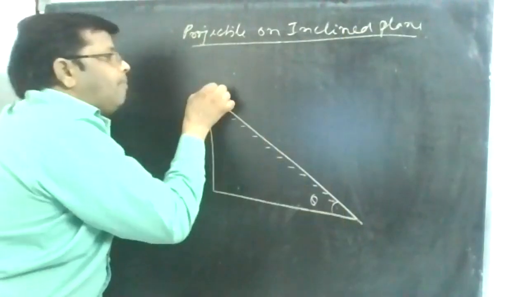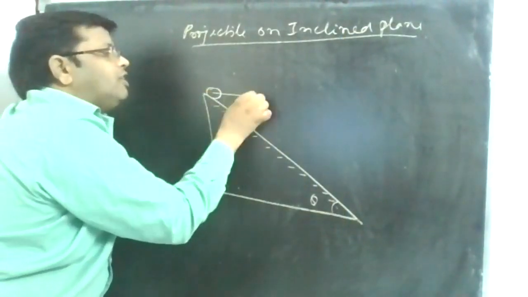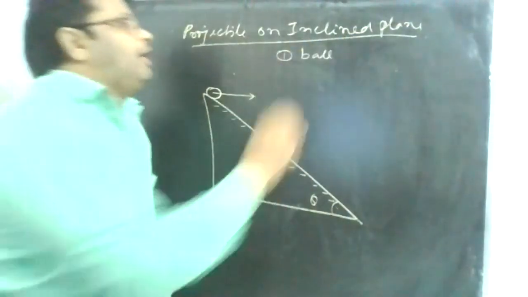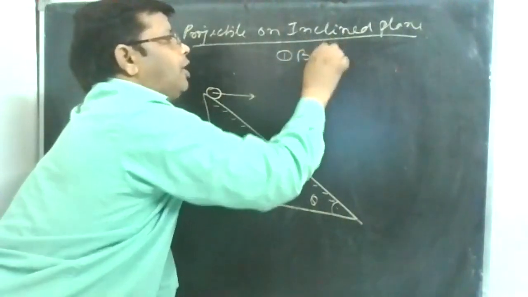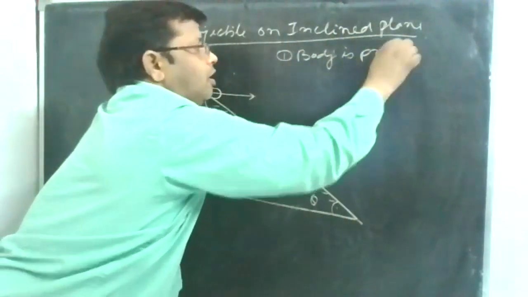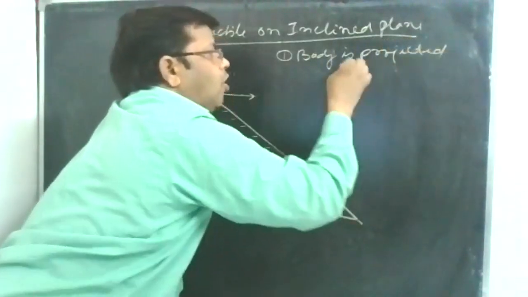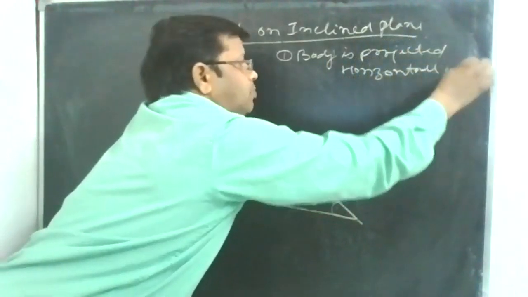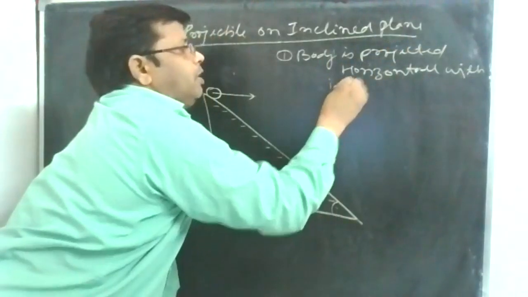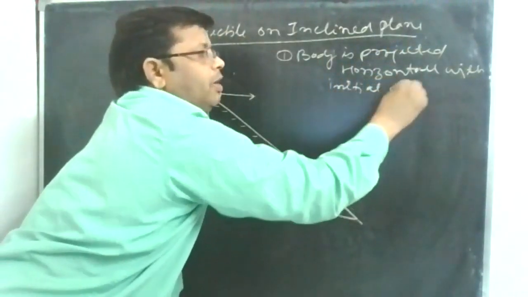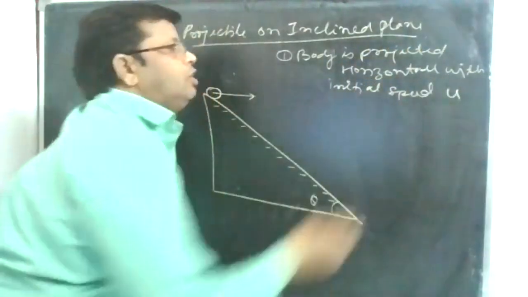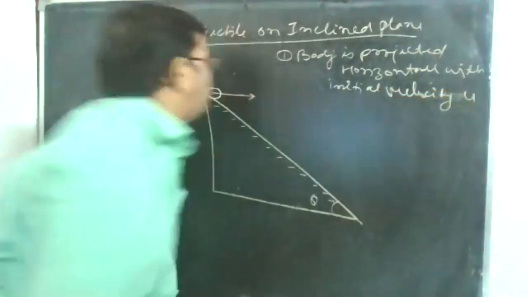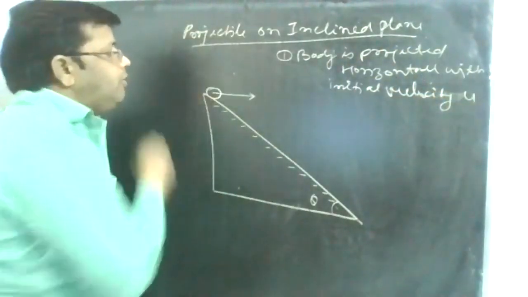And if we are throwing a ball over this inclined plane in horizontal direction, this is the first case. Ball or a body is projected horizontally with initial speed u. Now you see here, beta, if this is the initial velocity u, now you see